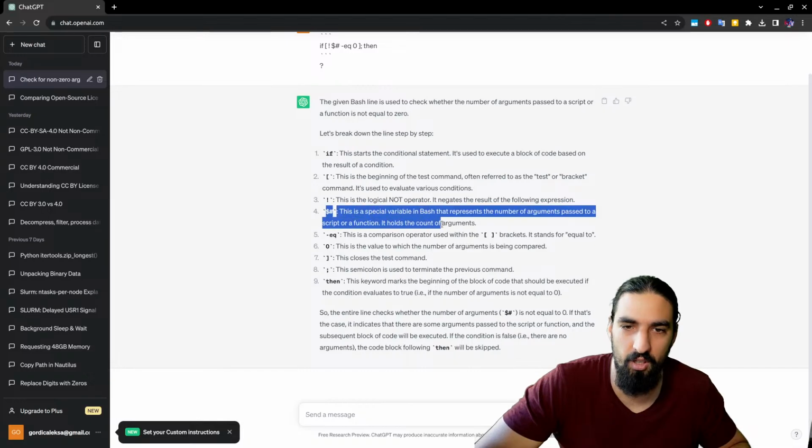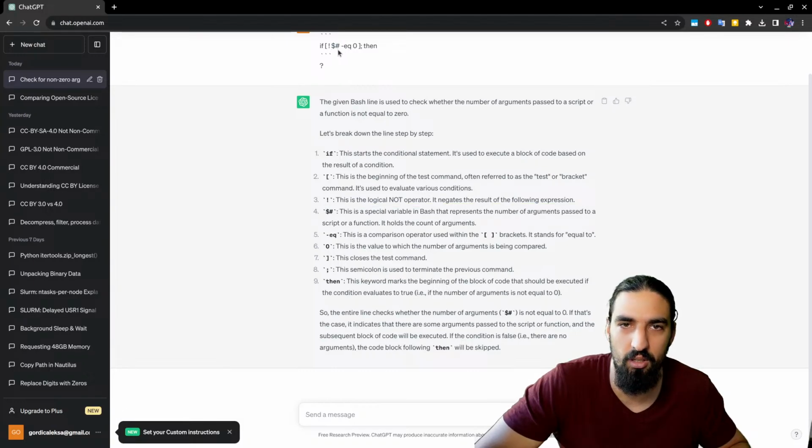Okay, if it's not equal to 0, so if we have a non-zero number of arguments, so this is the number of arguments, if that's not equal to 0, then we, okay,